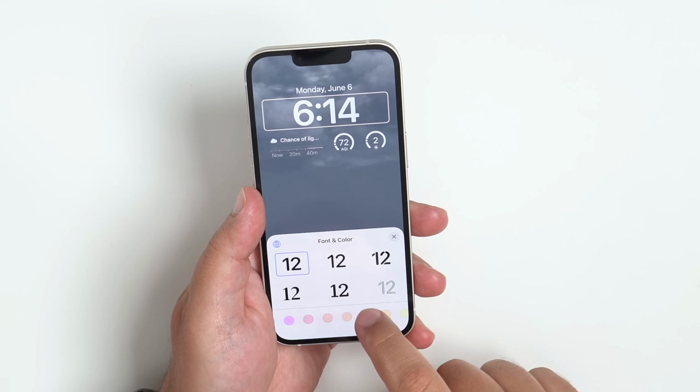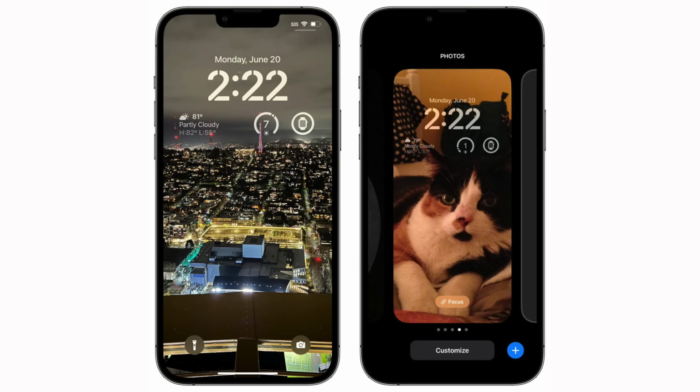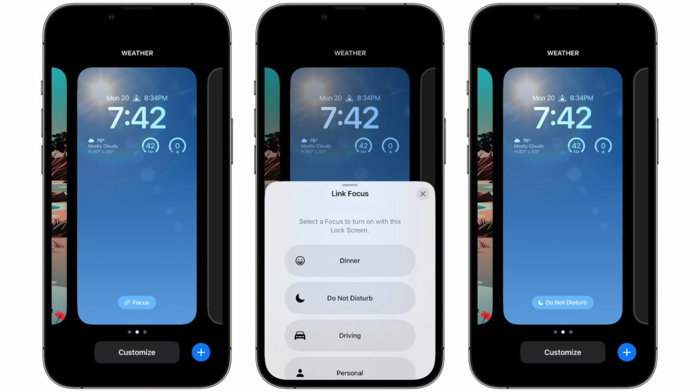You can even create multiple lock screens and swap between them much like you would Apple Watch faces. Just go ahead and long press on the lock screen and then swipe through your collection and change them at any time. After you've created and customized your new lock screen, you can actually link your existing focus modes, or